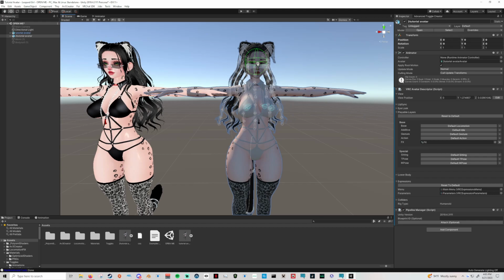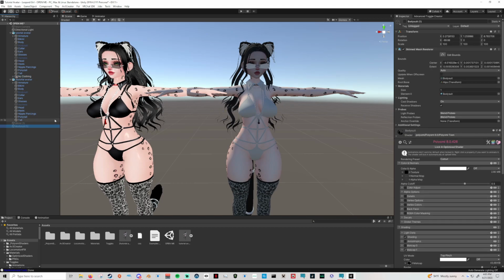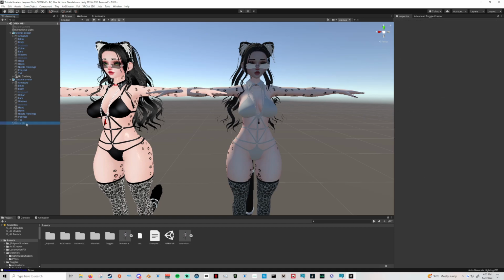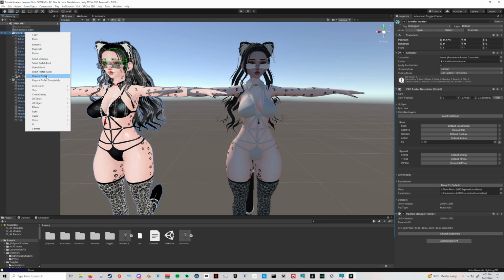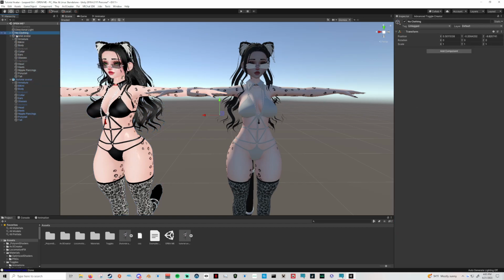It copied over her viewport, her colliders, her phys bones, copied over everything that we've done so far, except you'll notice first off, no materials, and also there's no clothing thing for our toggle that we made for that, but it did duplicate the duplicates that we made here. So what you can do, you can just delete that. You can click on your old one, right click and unpack prefab completely. That'll let you move this out,